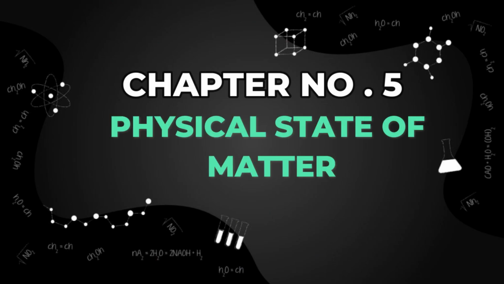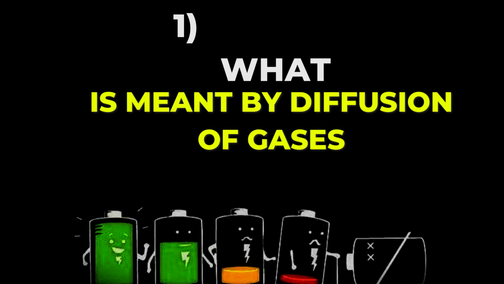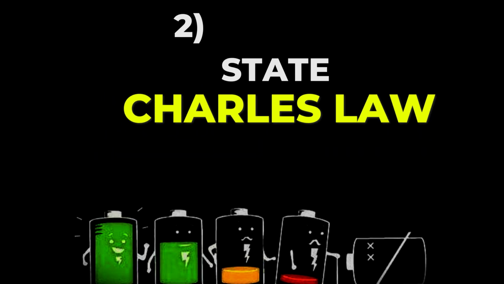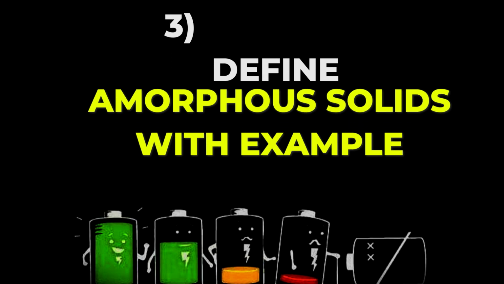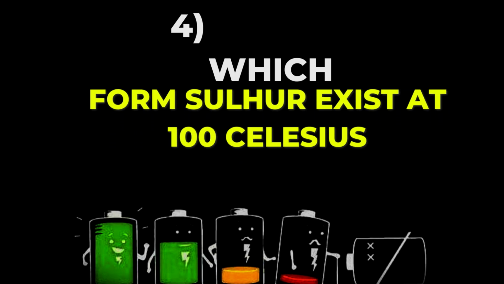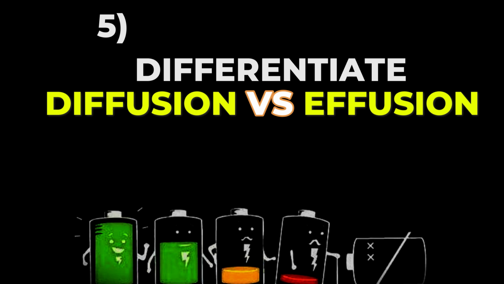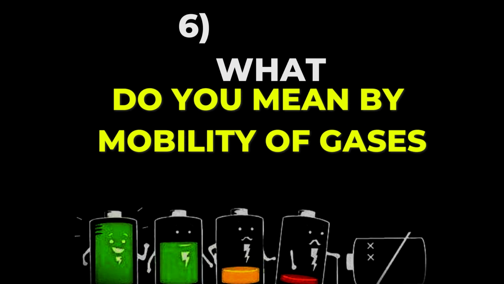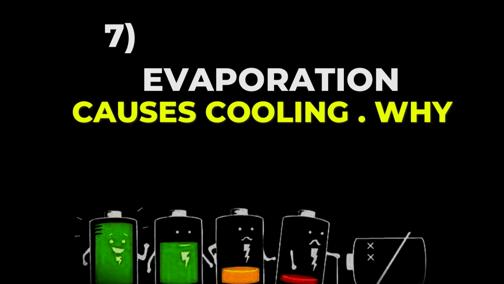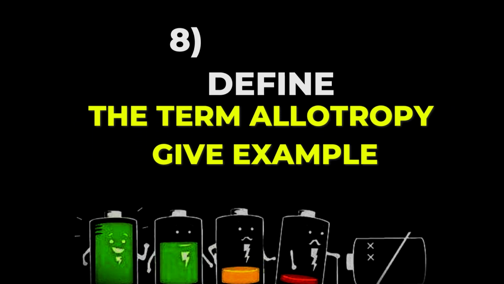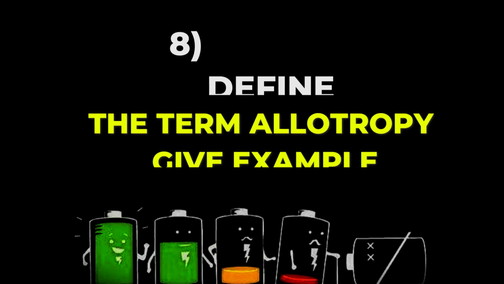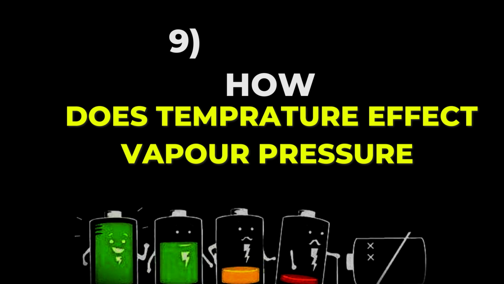चैप्टर नंबर 5 है हमारे पास जी फिजिकल स्टेट ऑफ मैटर. उसके शॉर्ट क्वेश्चन है, what is meant by diffusion of gases, state Charles' law of gases, define amorphous solids with example, in which form sulphur exists at 100 degrees Celsius, differentiate between diffusion and effusion, what do you mean by mobility of gases, evaporation causes cooling, why, define the term allotropy with examples,